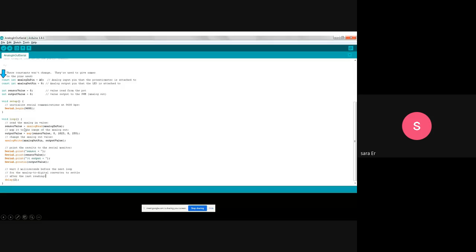We get the sensor value by using the analogRead function, analogInPin. analogInPin is, in fact, the A0 pin of the Arduino.